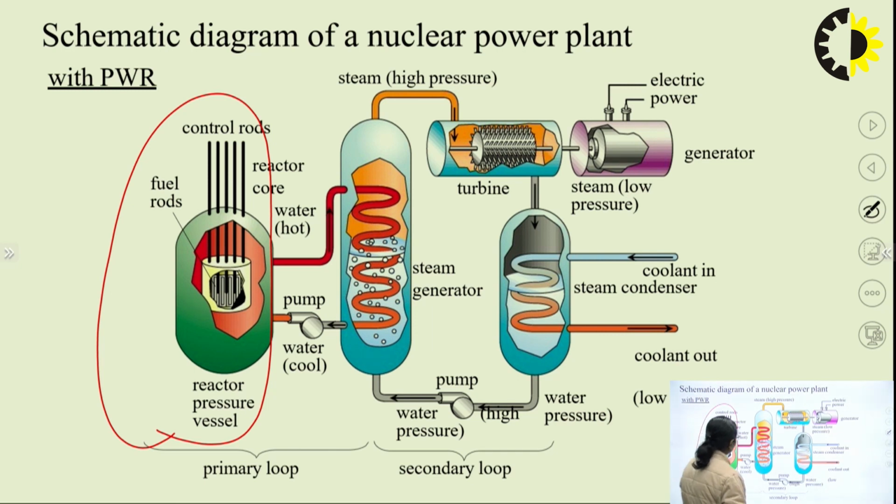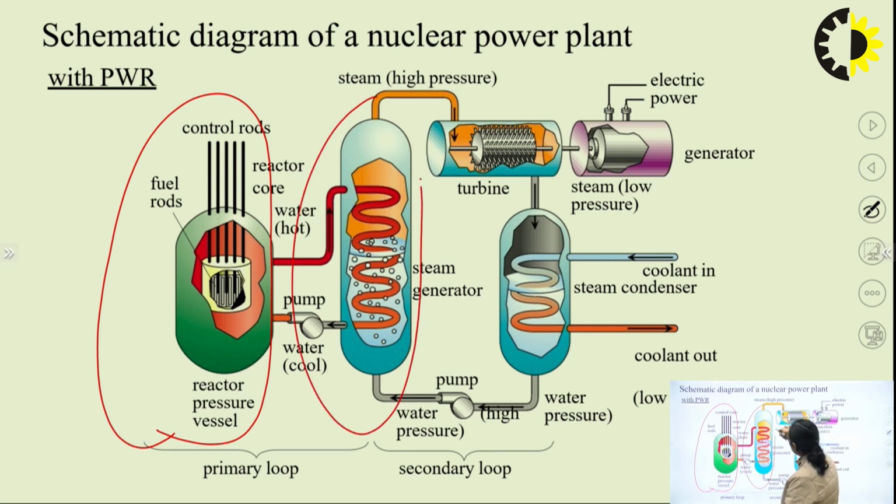The heat generated during the reaction is carried by some fluid to some area where steam generation takes place. The steam so generated is used to rotate the turbine. The shaft of the turbine is coupled with the shaft of the electrical generator, which is responsible for generation of